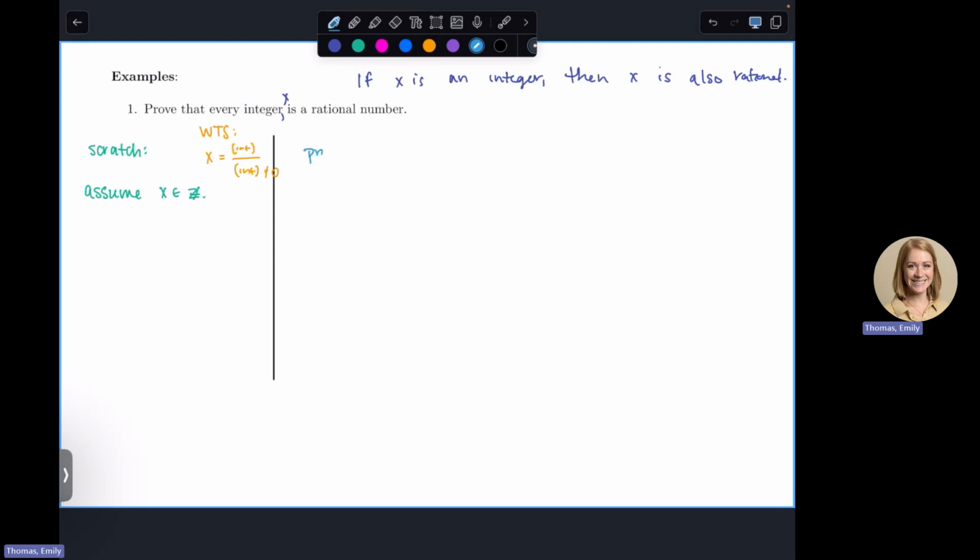So how might we go about this? It could be x/1. Yep. So once you write it as an integer over an integer, you need to justify that that actually is what's happening and that the bottom one is not 0. It's got to fit all of the parts of the definition of being rational. So the proof for this, you're going to say something like, let x be any integer. Notice